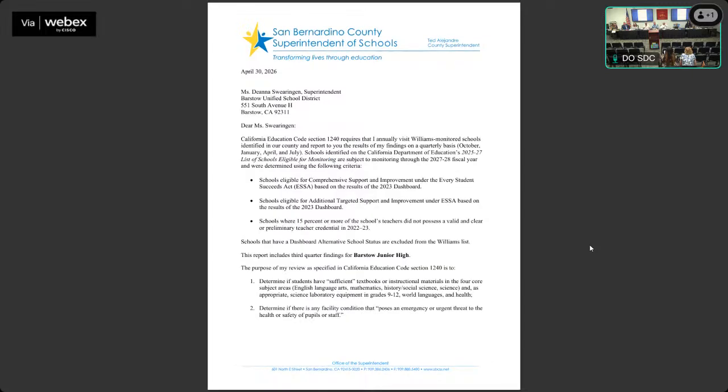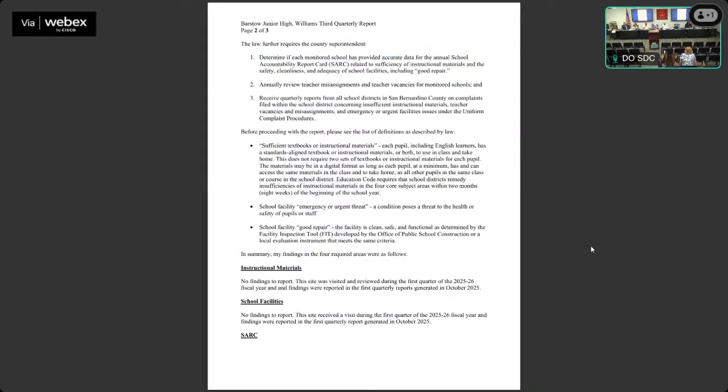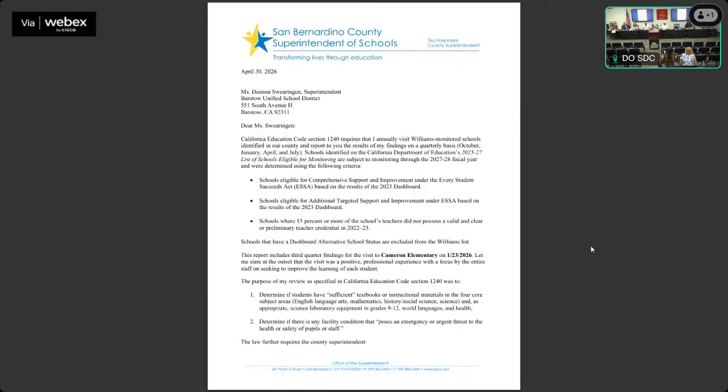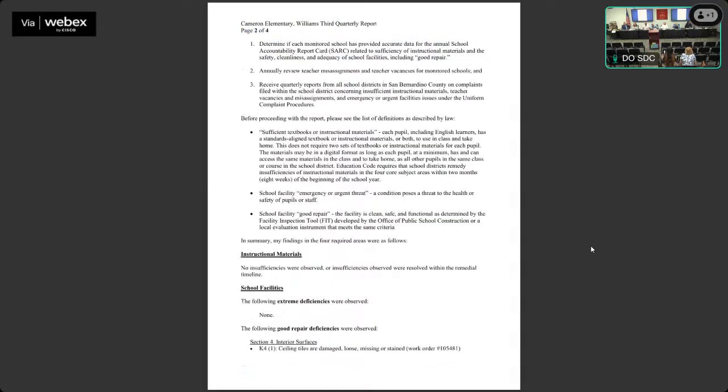The 2 schools that did have facility deficiencies were Cameron, with things like damaged, loose, missing, or stained ceiling tiles, broken or damaged permanent furniture, damaged, broken, missing, or unsecured fixtures, a malfunctioning sink, and a non-functioning elevator/wheelchair lift. Skyline North as well had a couple of findings: empty menstrual product dispensers and significant cracks, trip hazards, holes, or deterioration on the school grounds. For each of these findings, work orders were put in, and the work is continuing to be completed and will be part of the school accountability report cards for the next school year.